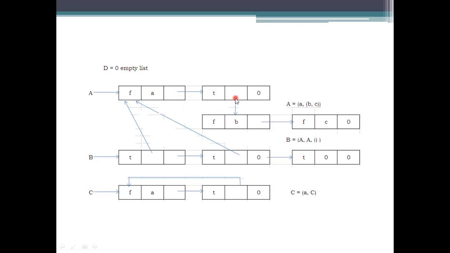Next, plot the list. So here the list consists of multiple elements. So we can't say that this is a continuation of this list. This has to be specified as a different one. What values it consists of will be projected into another list here. Okay. So the values are, the first one is B, second one is C. If it is having a link, mark the link. If not, just indicate 0 there. It is not a list, it is an atom, specified as false here. Okay. That is A.